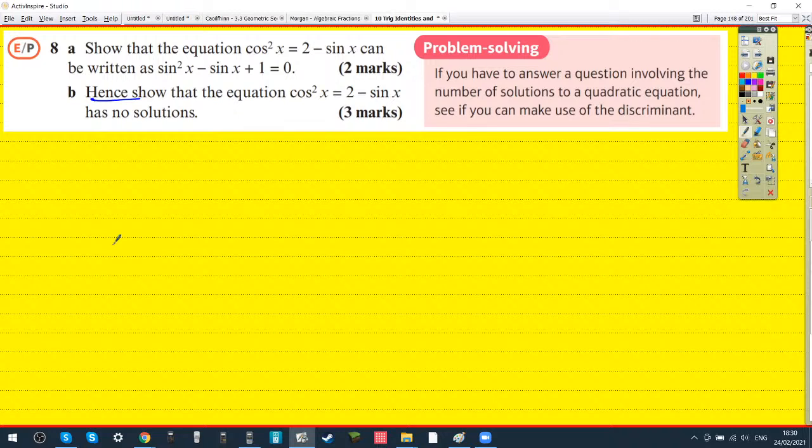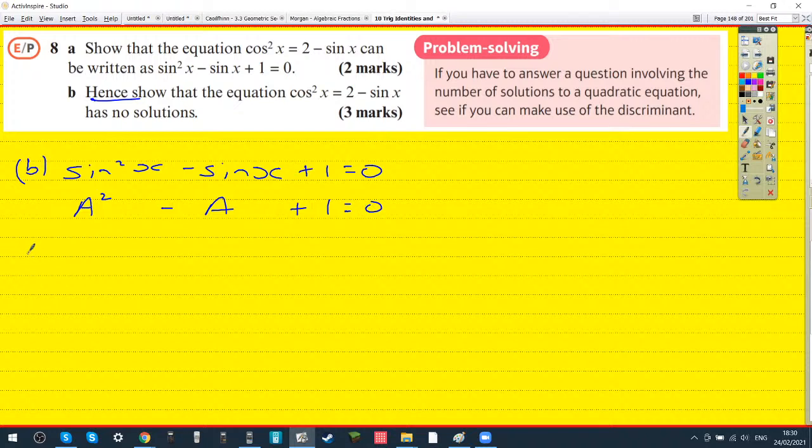Sine squared x minus sine x plus 1 equals 0. Sorry, I thought you said tan squared x. Yeah. Then make sine x equal to a. So a squared minus a plus 1 equals 0. Then, yep, so factorize to get